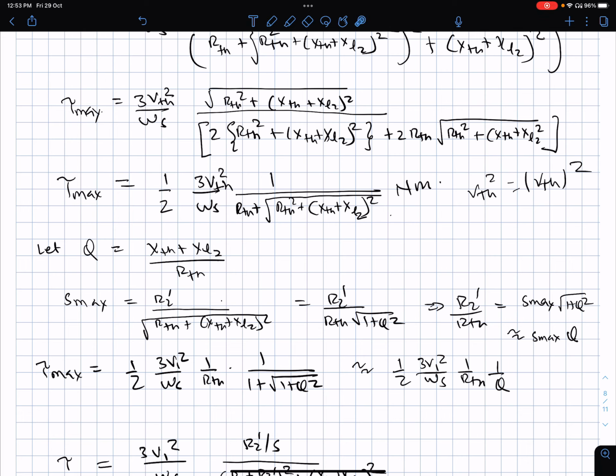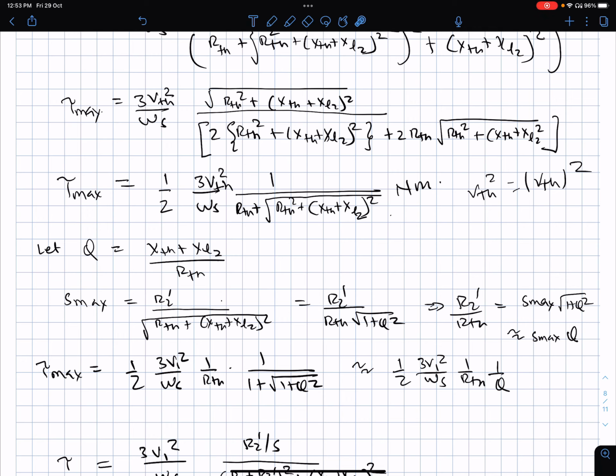So dimensionally all of this is correct, and there is a factor of half which you should carefully look into. Now I'm going to develop a very simple expression. This all looks very messy, I agree with you, but I will show you a very nice simple expression of the torque in terms of Tmax that we can write.